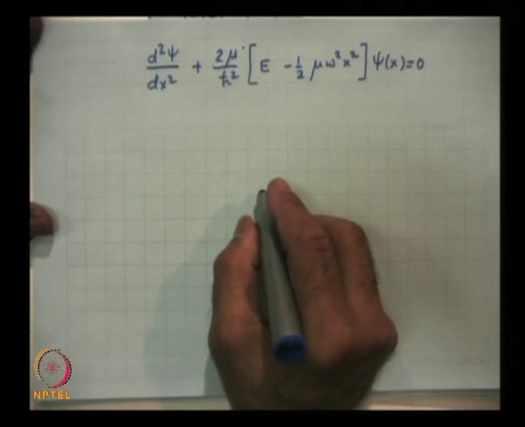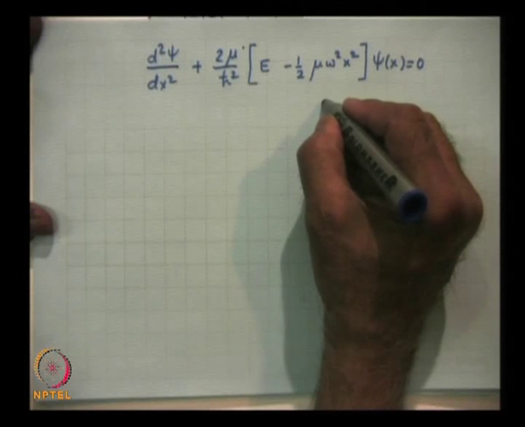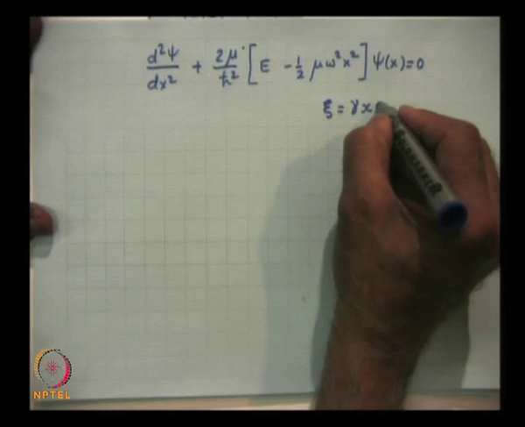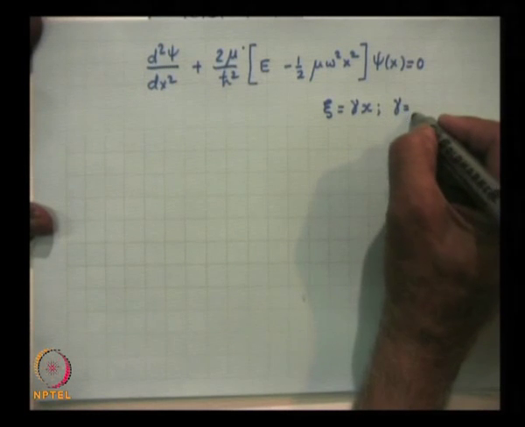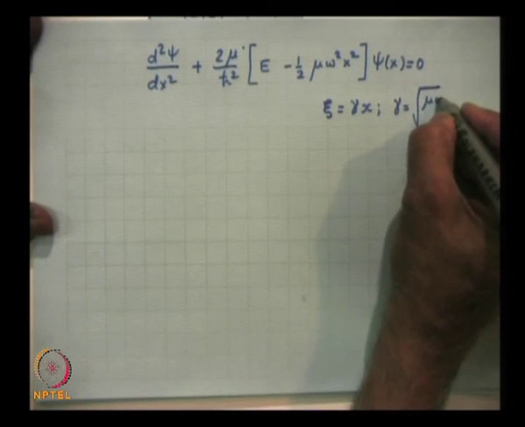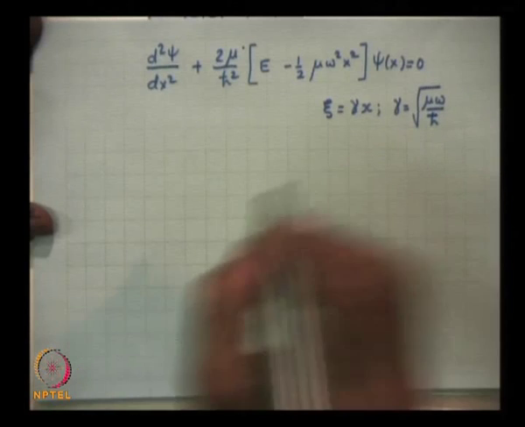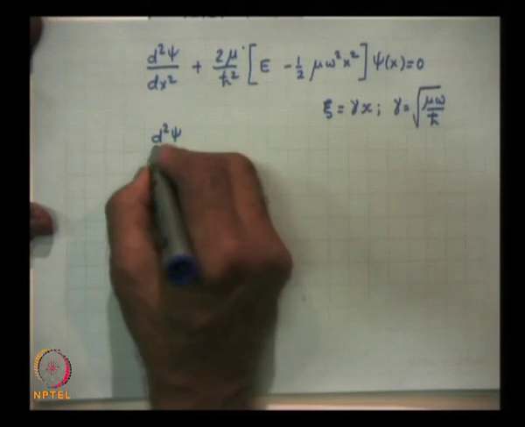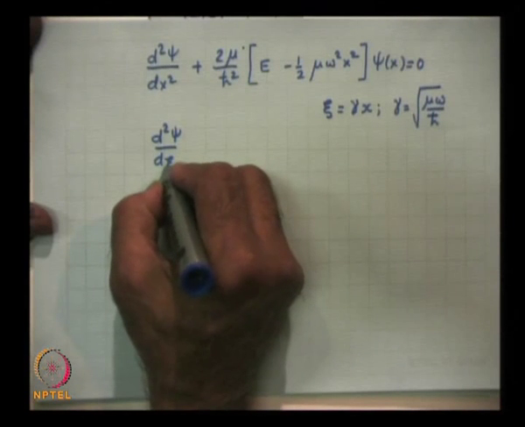So, we make a transformation, xi is equal to gamma x, where gamma is equal to mu omega by h cross. If you do that, the above equation becomes d2 psi by d xi square in terms of the new independent variable